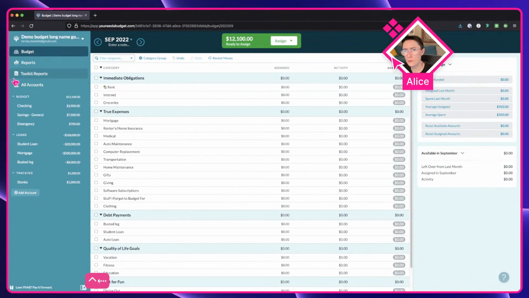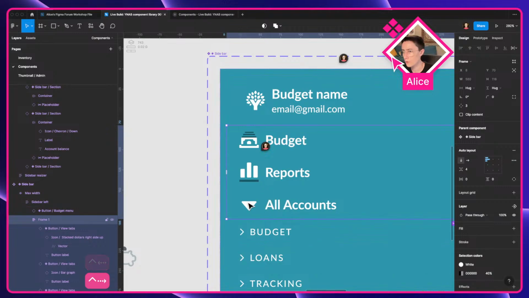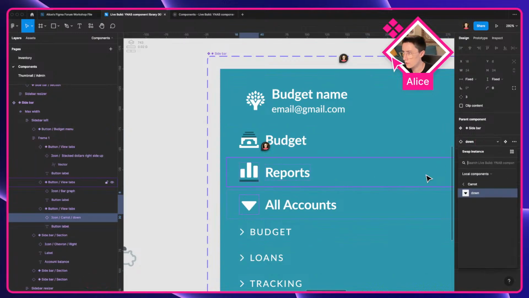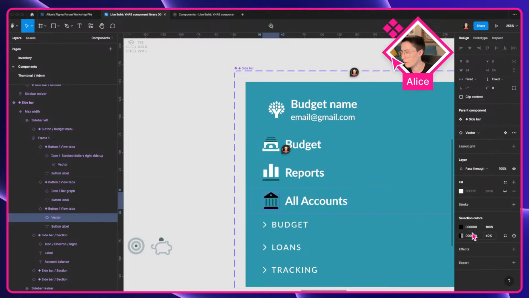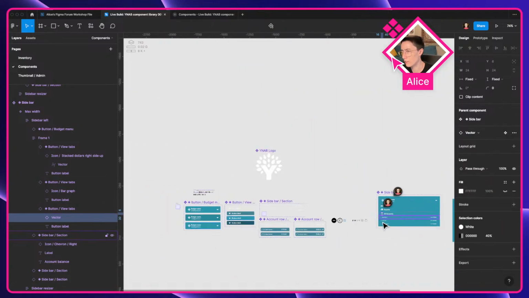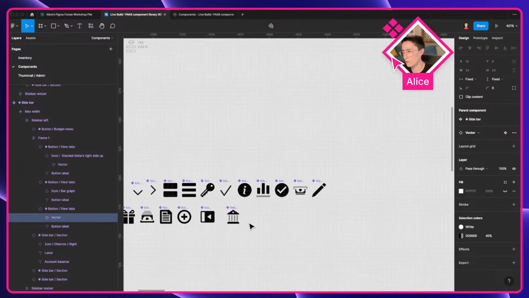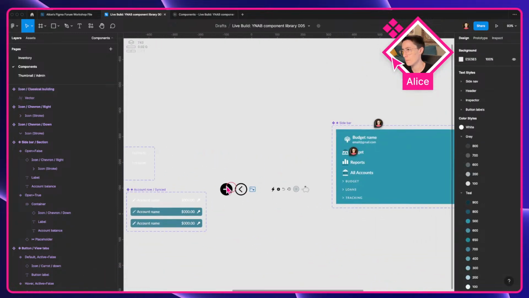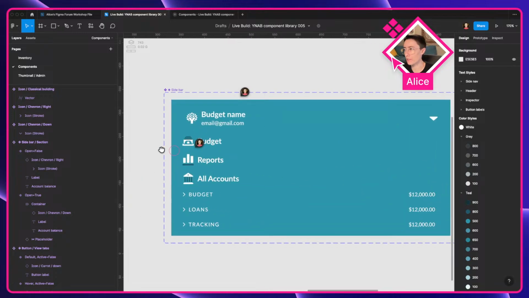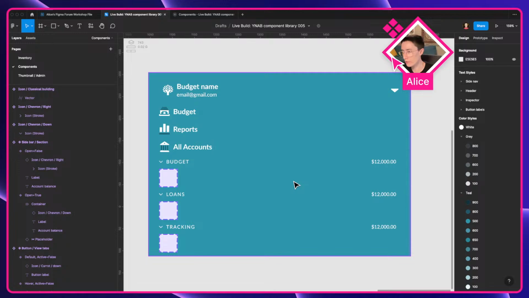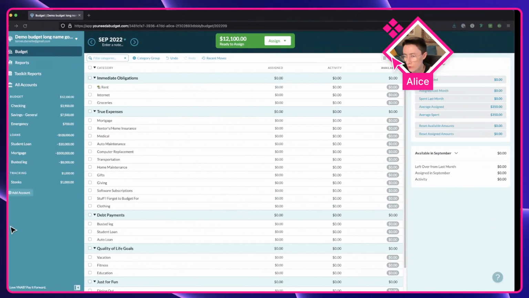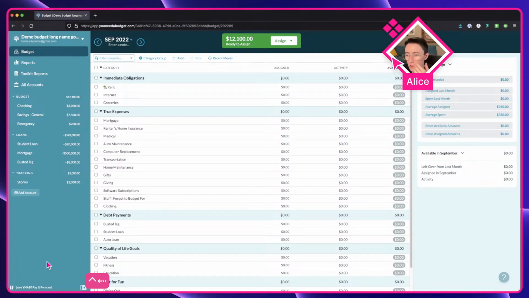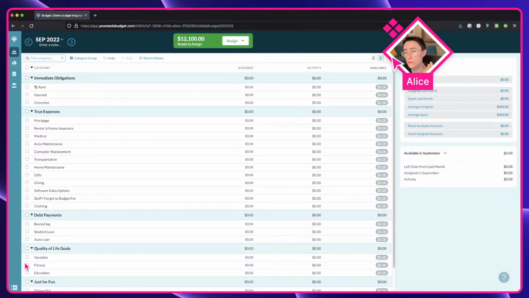And then all accounts. Oh, I don't think I named it, but we'll name it vector, or we know it's named vector. And icon classical building. All right, apart from our color mishap, this is looking like the real deal. Oh, except we need our little referral call to action, and then this ability to collapse and expand it,